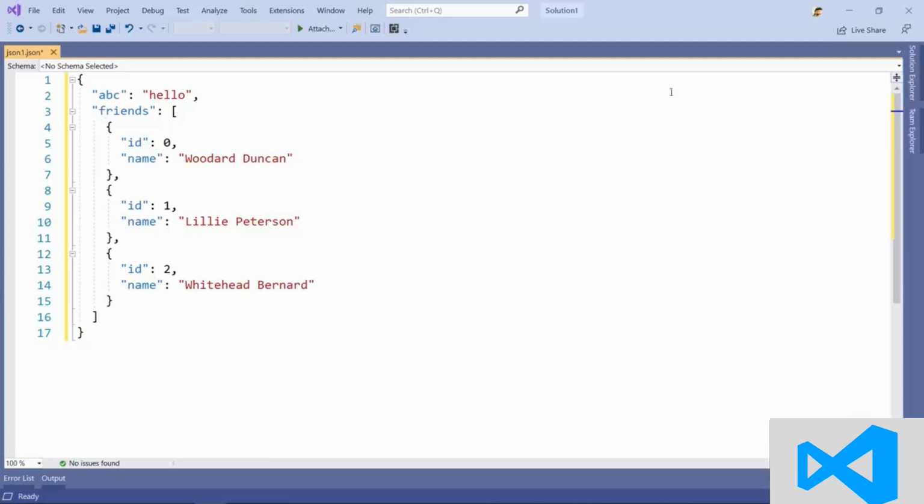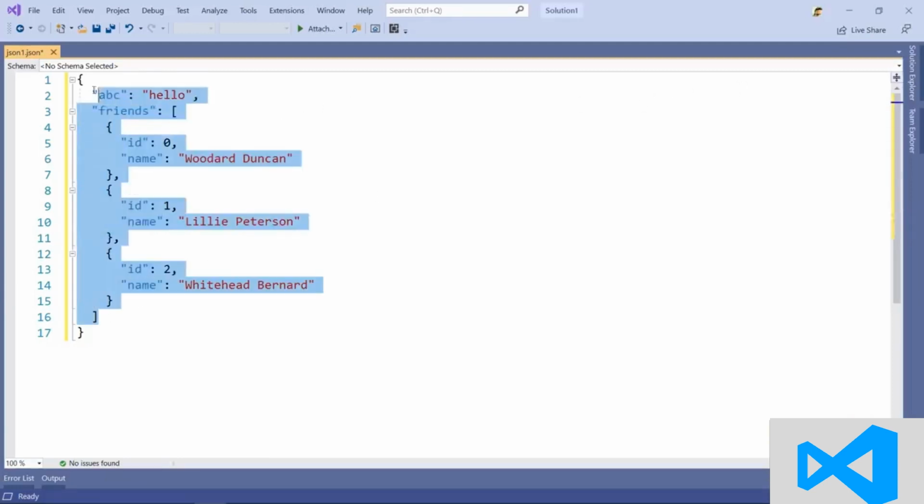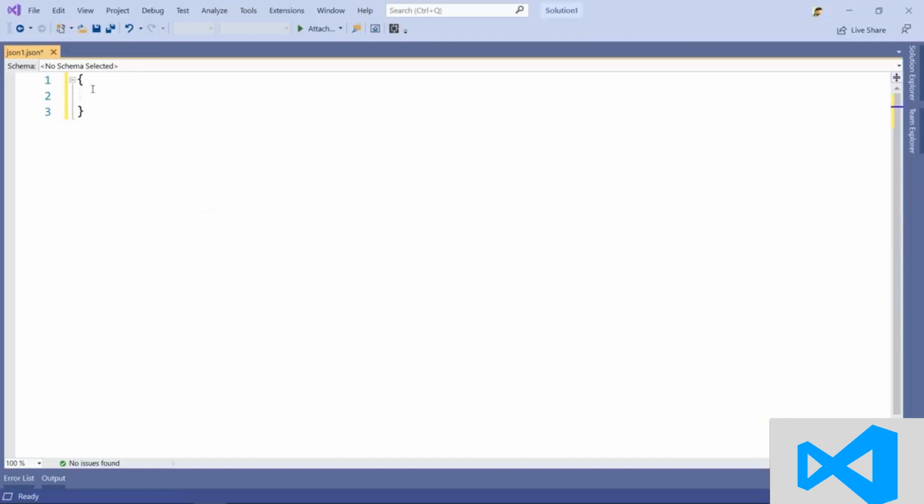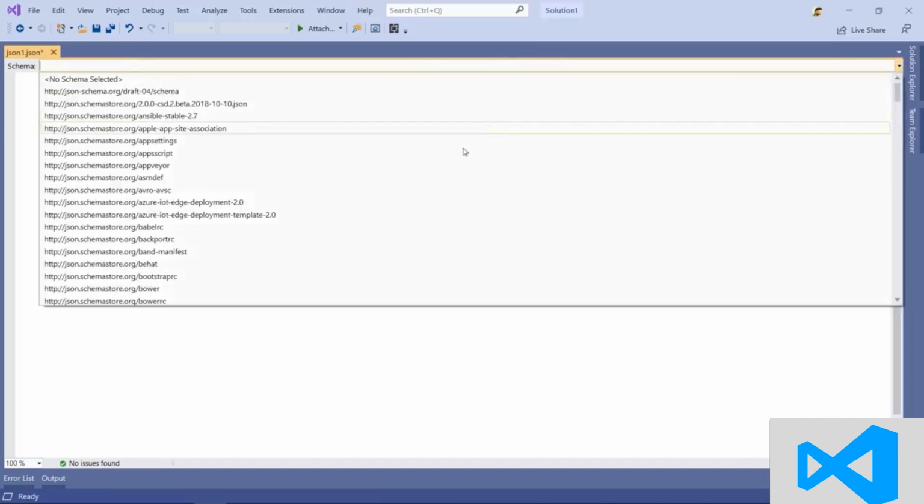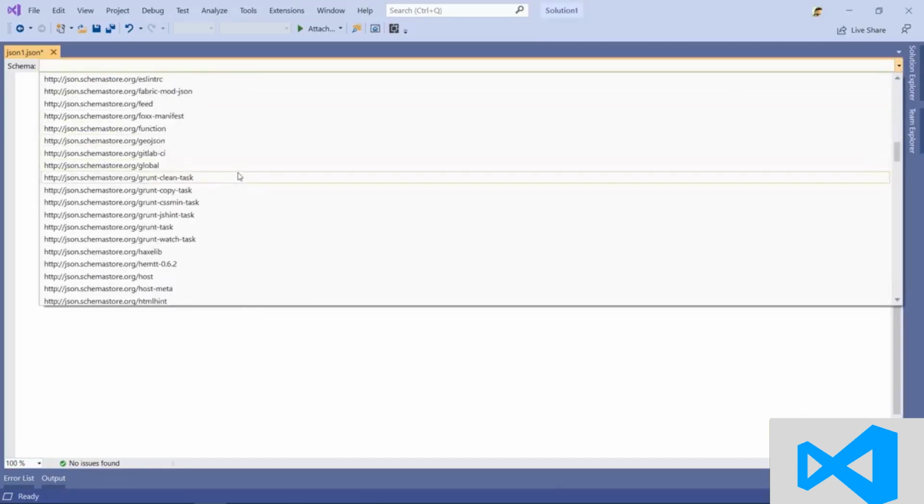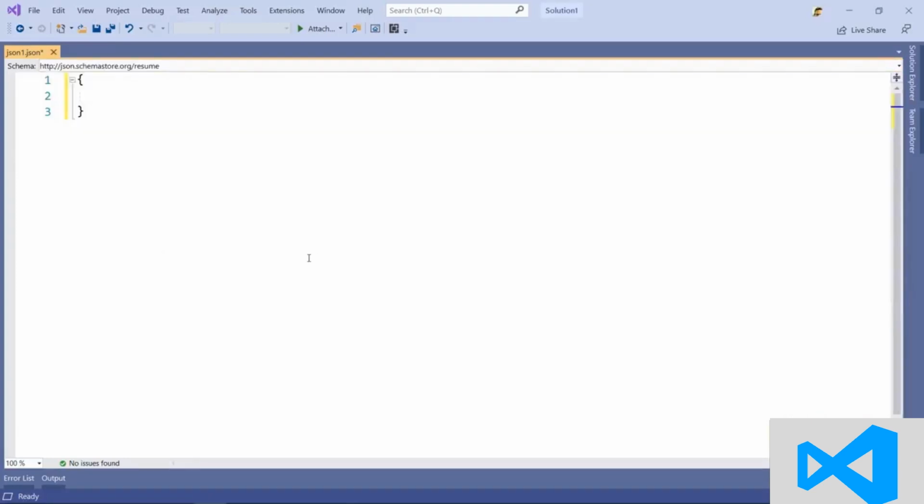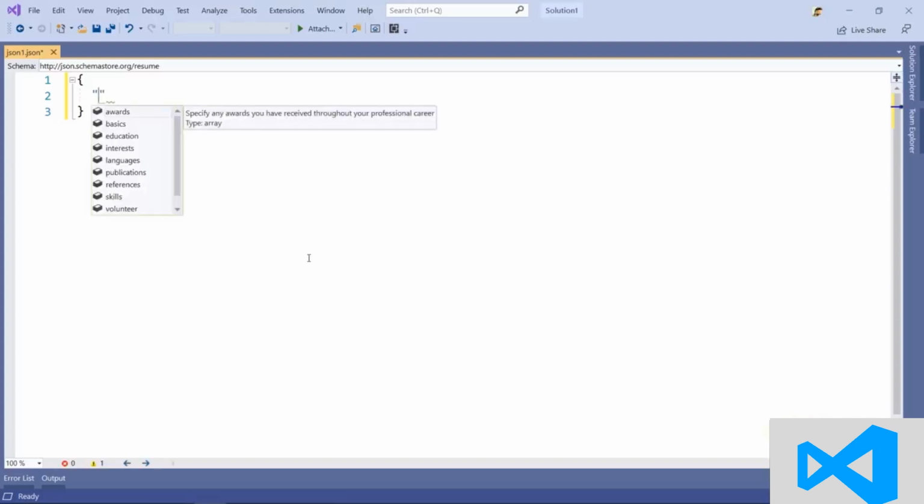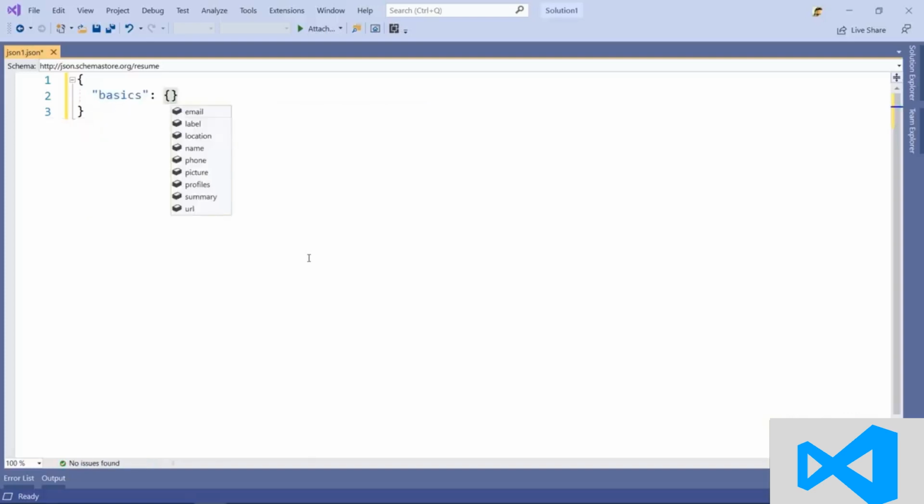There's also a feature for working with schema files. So let's say I want to write a JSON version of a resume. There's a chance that if I look through all the different schemas that are supported, one of them will be a resume, and it is. These are well-known formats of JSON files, coming from schemastore.org, which Visual Studio automatically integrates with. And that gives us full IntelliSense for what a format like this could be. So if I were to write